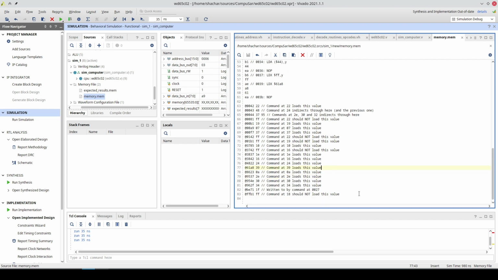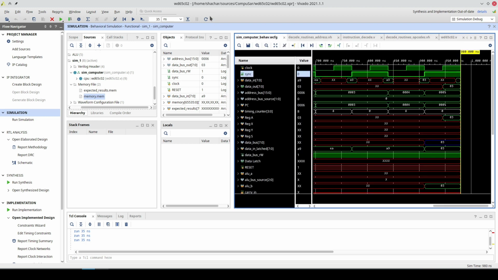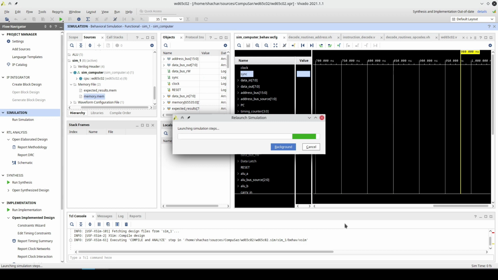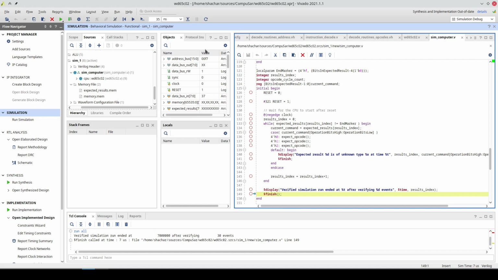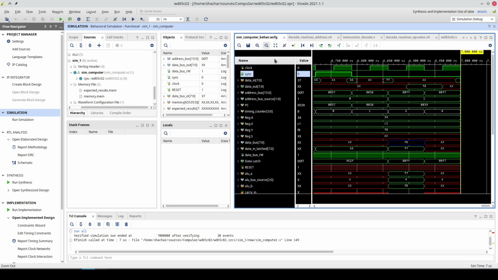So that's our test bench, and we can run it. Go to the simulator, ask to reload everything, and then run to completion. I'll talk about what that means in a second.